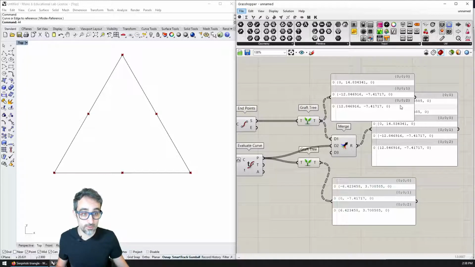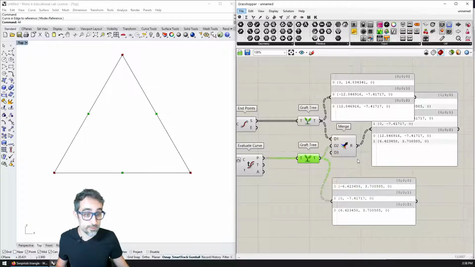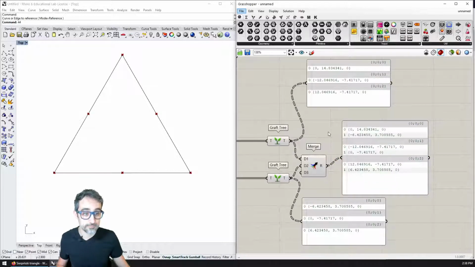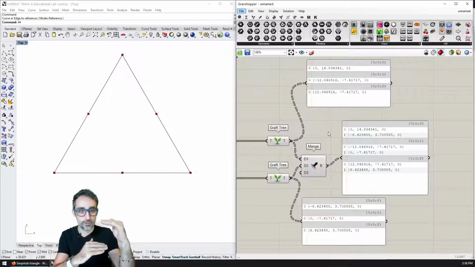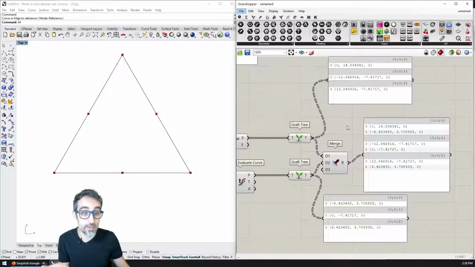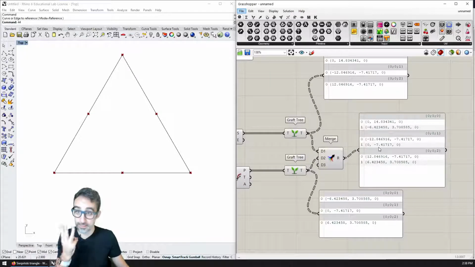You see these two. And now when I merge this one with this one, then this point is going to go here just because it has the same branch. This point is going to go to this branch because they have the same branch, etc. So you see, when I merge them together, points that are on the same branch get merged together into the same branch. So now it's very nice because we have 3 lists that we could use to create polylines